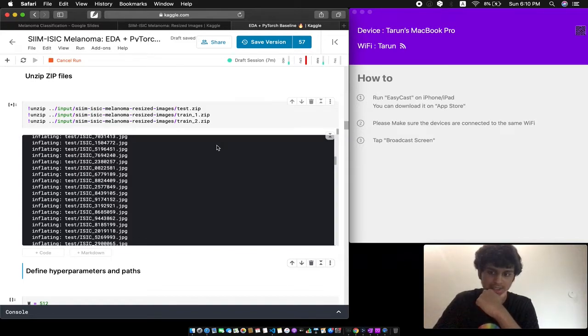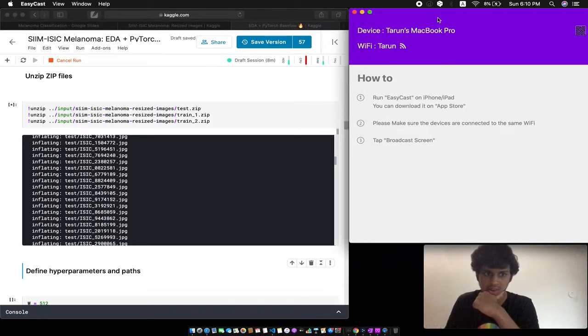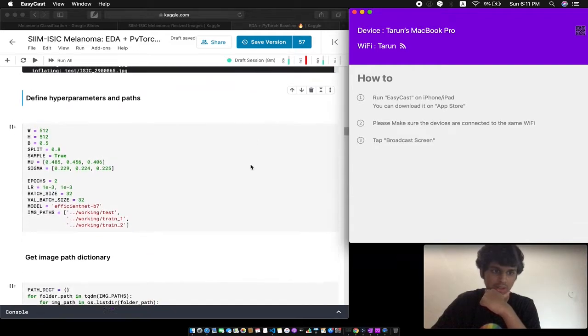Looks like it's still getting all the images inflated. Okay, looks like it's done running. So it's done inflating all the images.